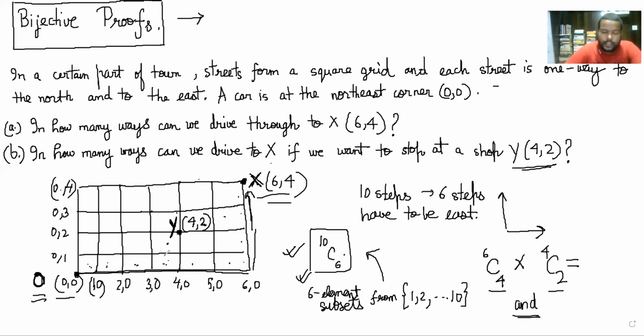So the questions seem totally unrelated, right? You are supposed to count the number of paths in the real question, and what you're doing to solve it is counting how many subsets are possible which have 6 elements from the set of 1 to 10. Here 1 to 10 represent the total number of steps, and 6 elements represent 6 east steps. So why is this supposed to be equal? I'll write it here. There was a 1-to-1 correspondence